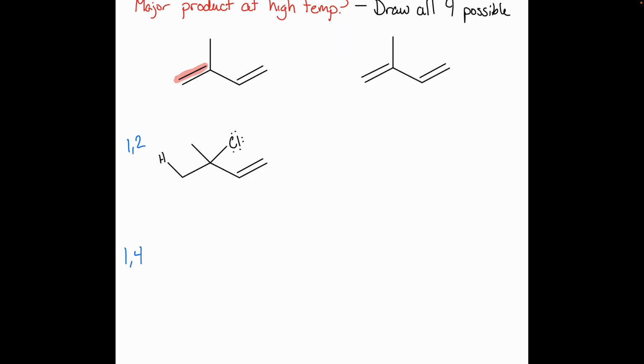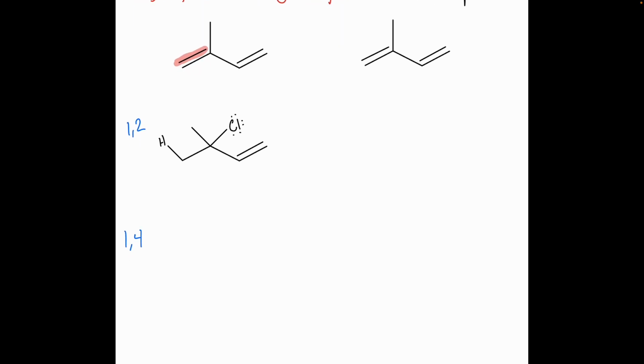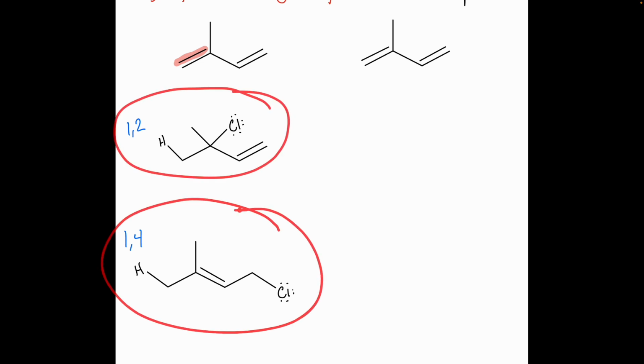My 1,4 adduct, if that double bond was playing the role of the nucleophile: my double bond has moved as a result of that resonance. And so I have my hydrogen on carbon 1, but now my chlorine is over here on carbon 4. So this would be the 1,2 adduct and the 1,4 adduct if this double bond was playing the